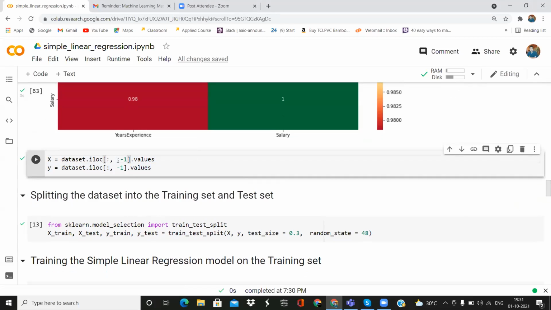And we have kept the start point as null. We haven't put any number because it will start from 0 and go until just before the last value. That's why it says -1, because we will be taking all the columns except the last column, that is the salary column. Then in the y variable, you put only our target or dependent variable, that is our salary. Therefore we have used the iloc function to select only the salary column.